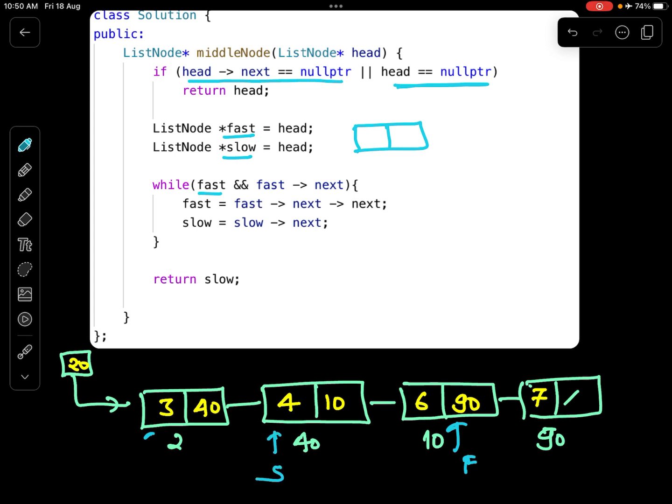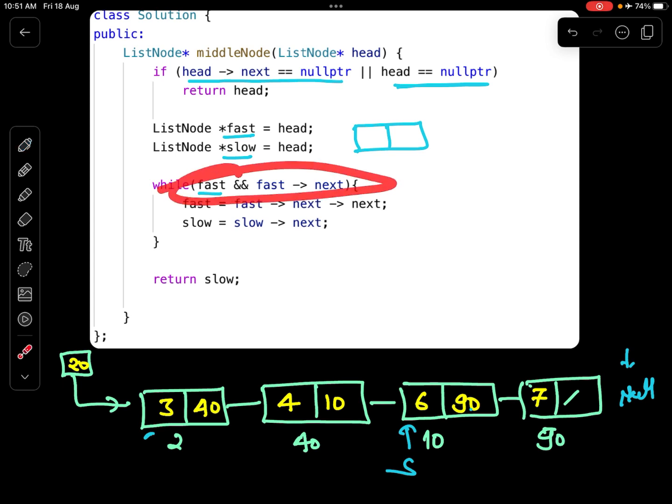Again we will come to the loop: fast is not null, fast of next is also not null since it holds the address of the next node. So simply the fast will be shifted two steps ahead. What does two steps ahead mean? Fast of next I will come over here, its next means null, hence my fast will be pointing at null. And as usual my slow will come one position ahead. Now again I will come to the loop. Is my fast not equal to null? No, my fast is equal to null, and this condition gets false, and simply what I do is I return slow, and this will be my